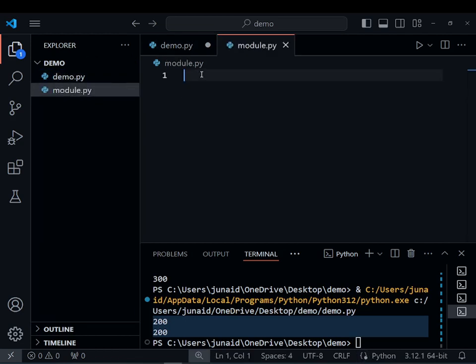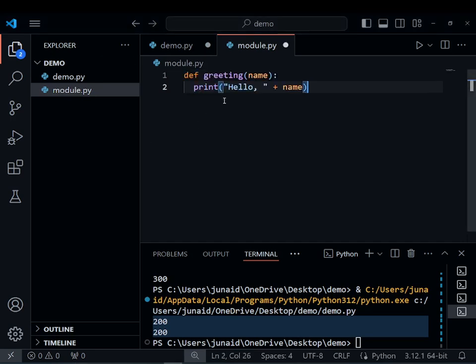That will be a new Python file. Just create a function there. I am going to create a function called greeting that will just print my name when it is called. So now we have created a function in our